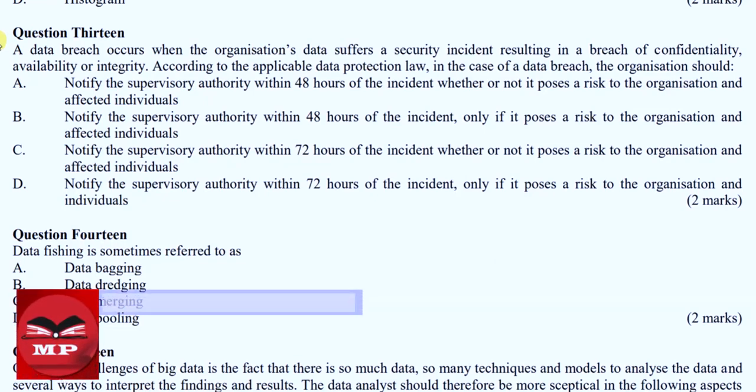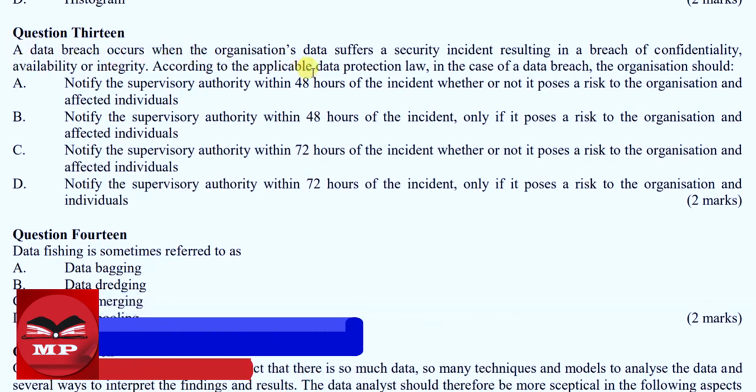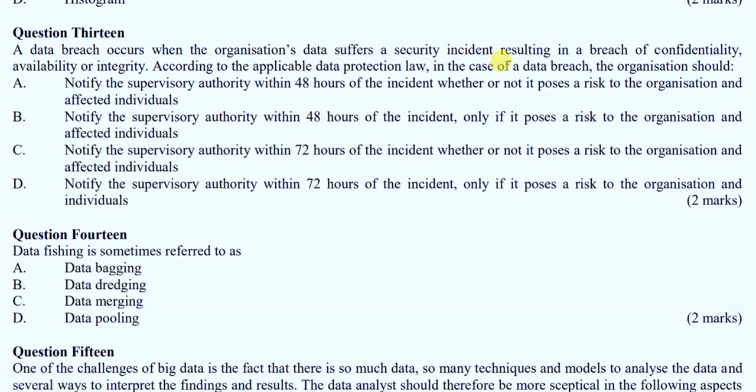We move on to question number 13, Business Data Analytics, December 2022, which reads: a data breach occurs when the organization's data suffers a security incident resulting in a breach of confidentiality, availability, or integrity. According to the applicable data protection law, in the case of a data breach, the organization should: